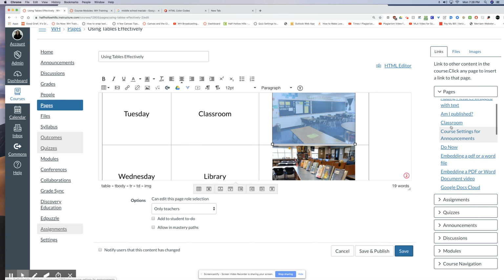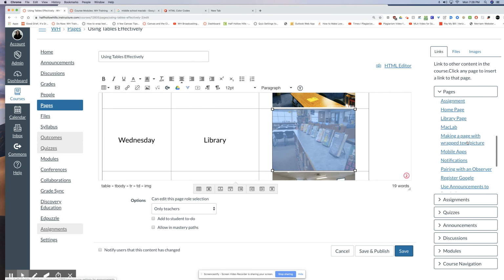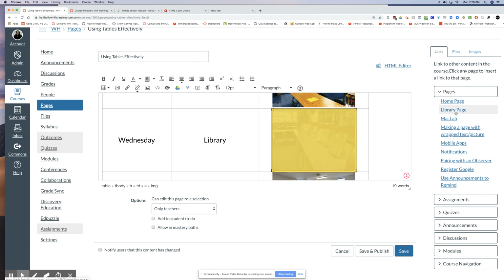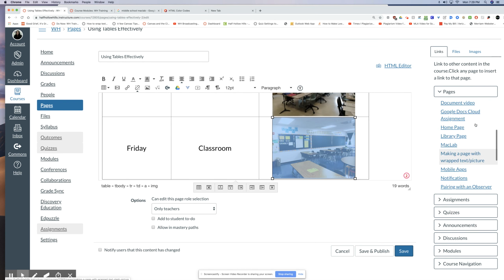and I have a page for the classroom and I have a page for the library. And the final picture of the classroom, I want to actually show you how you could make a new page. So instead of linking to the current classroom, let's just say this day they're doing something different back in the classroom. So I want to make a new page, and I can make a new page right from here by